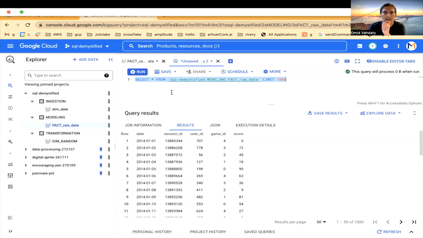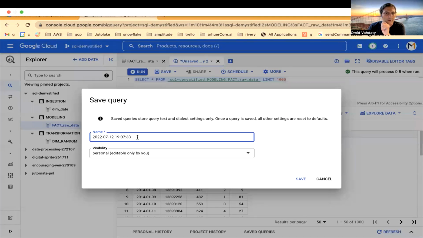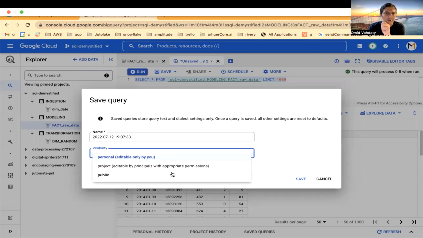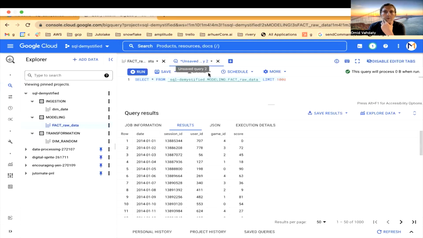Once you ran your query, you can do several things. One, you can save your query. You can give it a name and a visibility: owned by you, project level or public. You can share that. Never tried that before, but it's an option. You can schedule it to run every hour or something like that. And you have a lot of